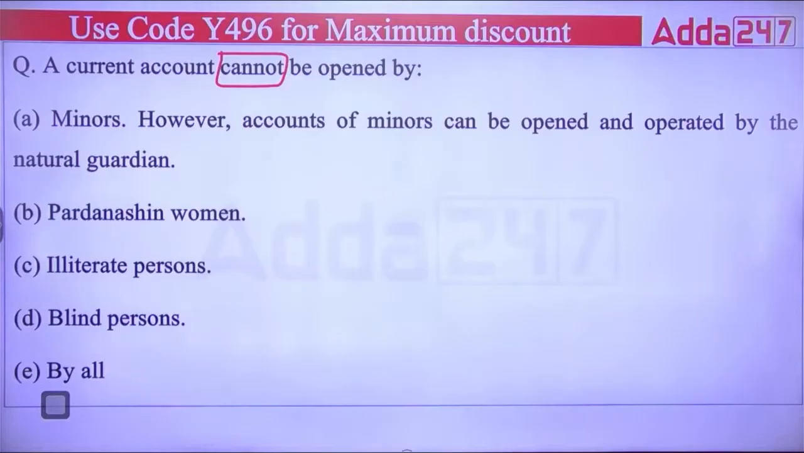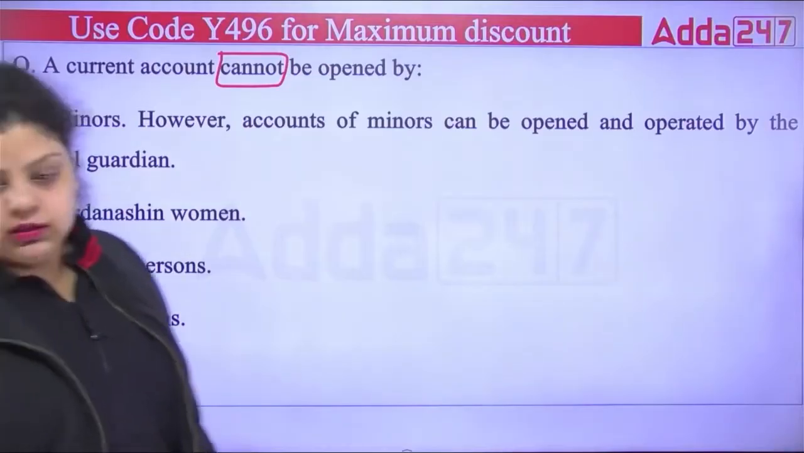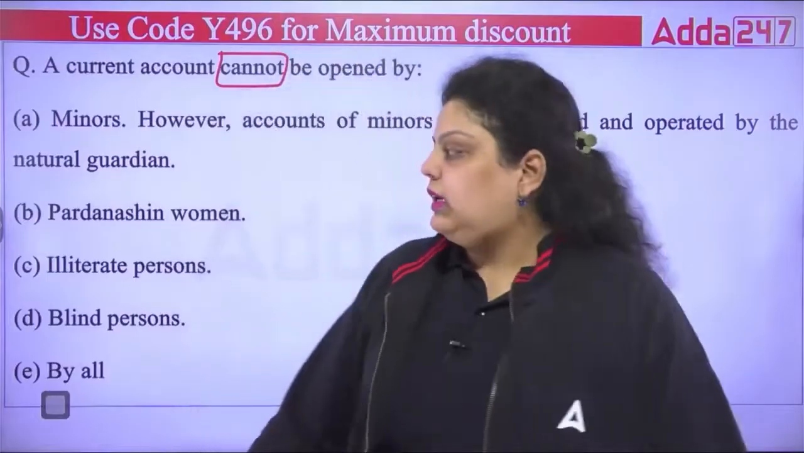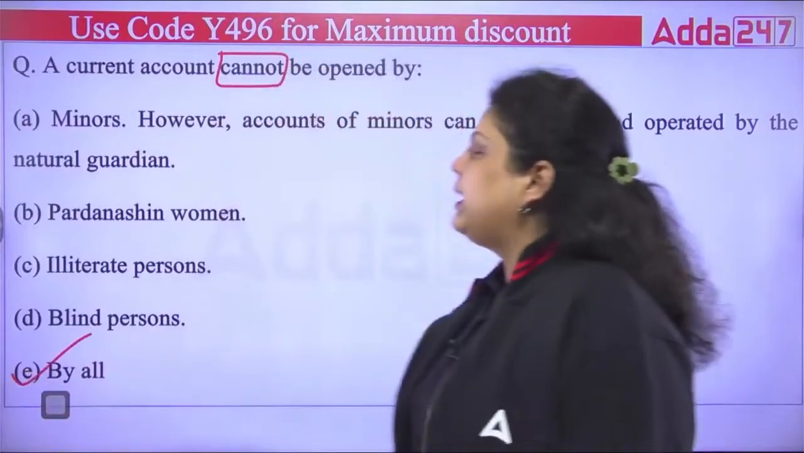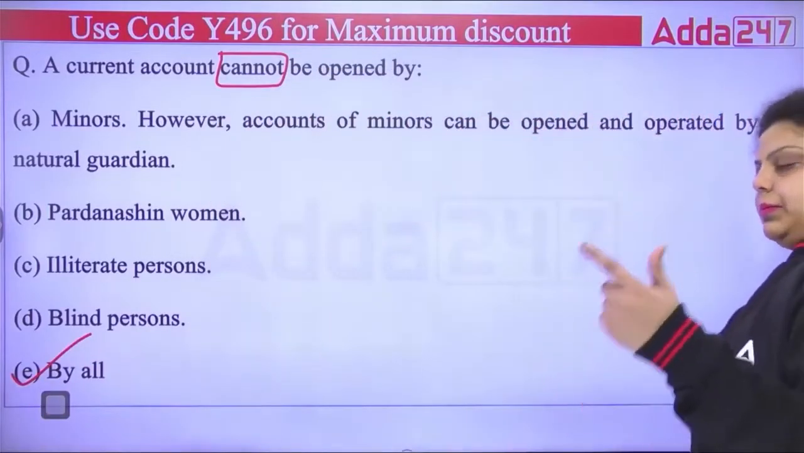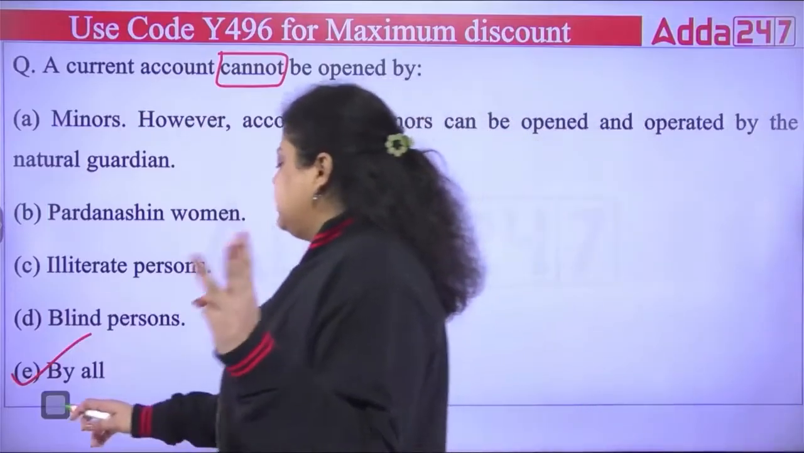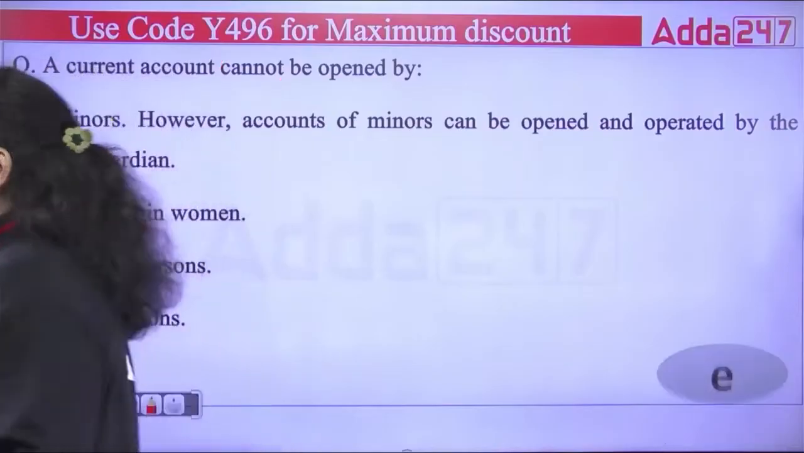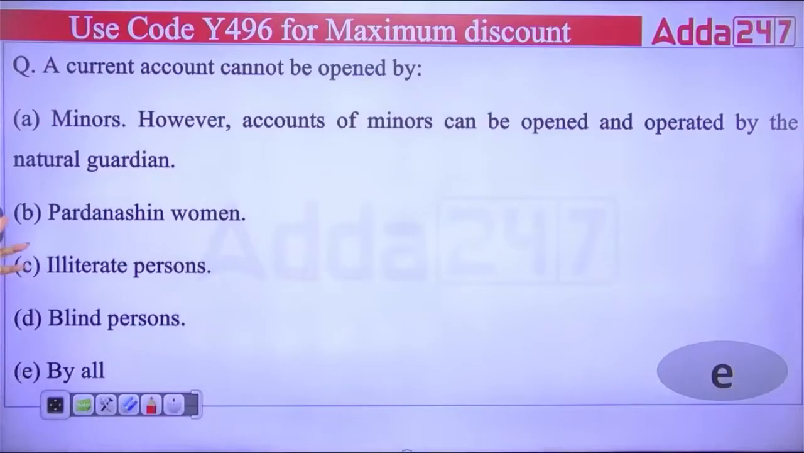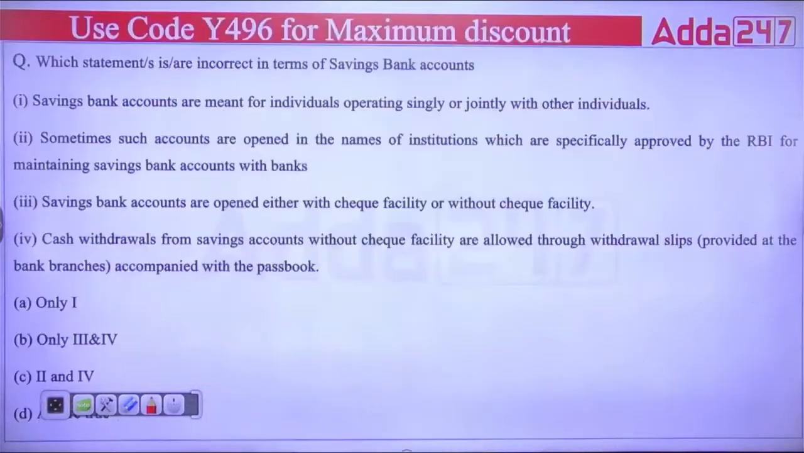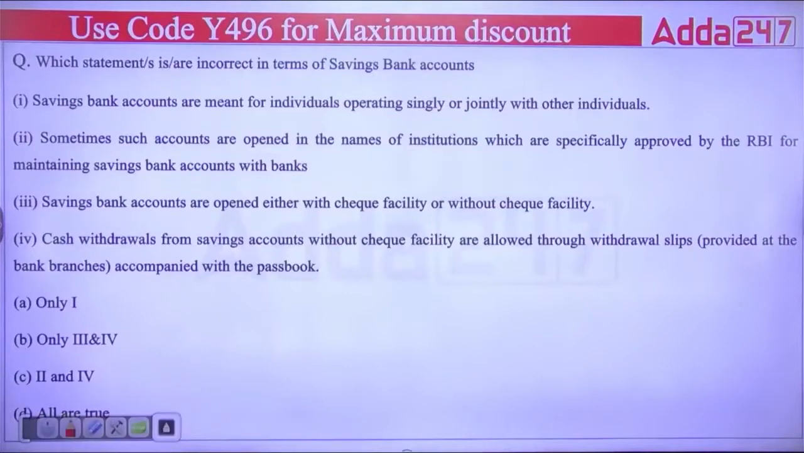Okay, so I got one answer that is saying by all, and that is true. Current account cannot be opened by all of these: the minor, the Pardanasheen women, the illiterate people, the blind person. All of them cannot have the current account. So your right answer will be E option. Next question. Next is asking about here,